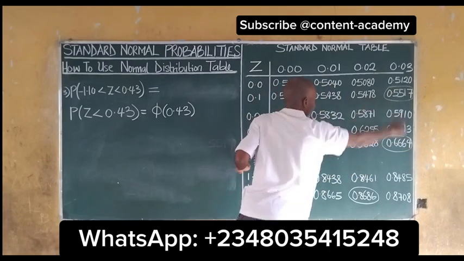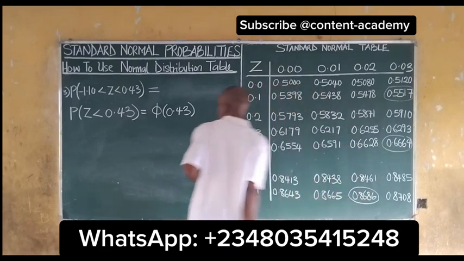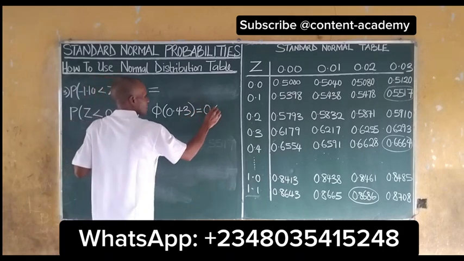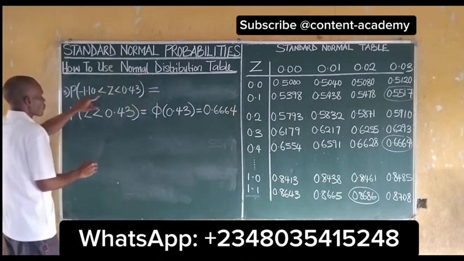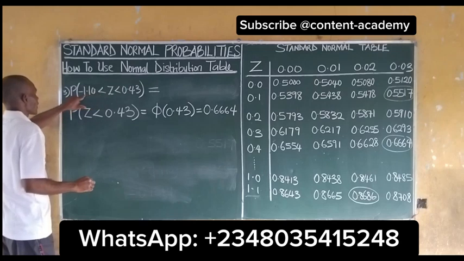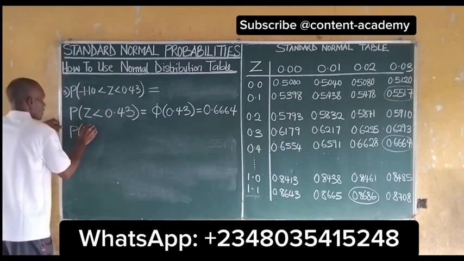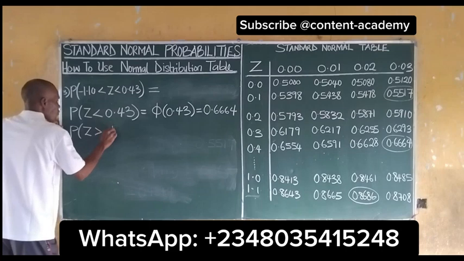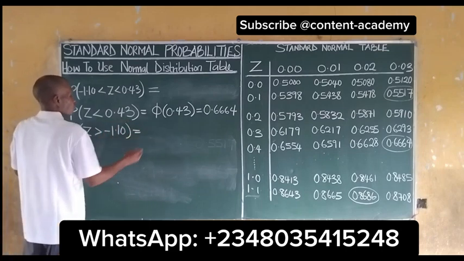So we get 0.6664. Now we also have z is greater than this because of the negative sign. We can rewrite this as the probability of z is greater than 1.10, which is